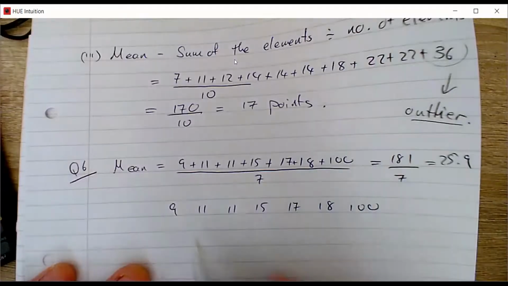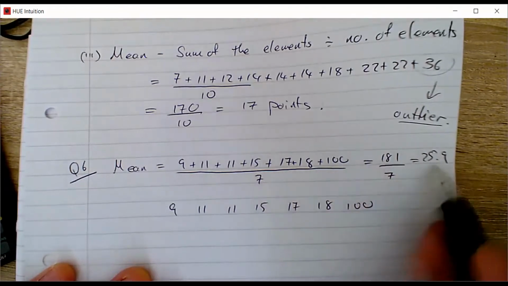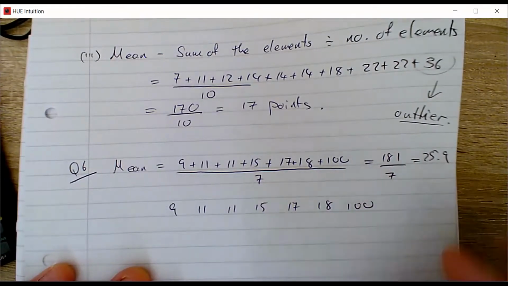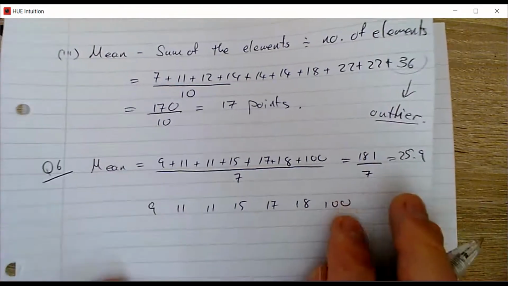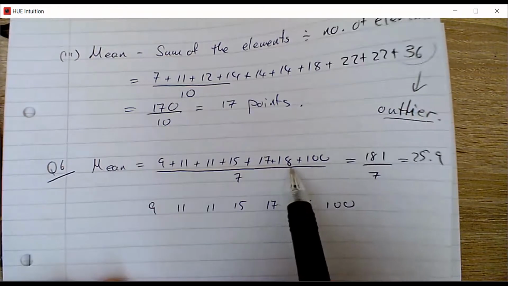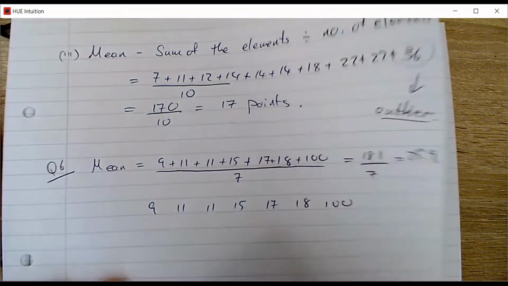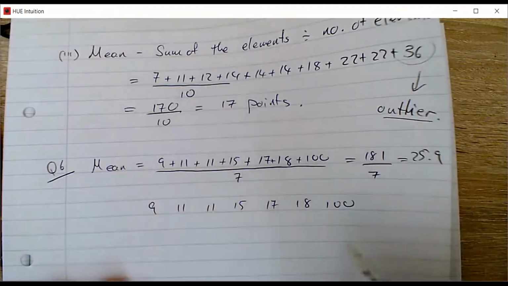You can see here the mean, when you add them all together, you get 181 divided by the 7 numbers. So you divide by 7, you get 25.9, 26 nearly. Which, if you look, is not really a good representation of any of the numbers in this list. I mean, these are all clustered around something smaller, and then the 100 is dragging up or skewing the